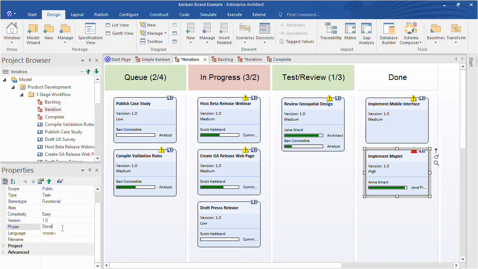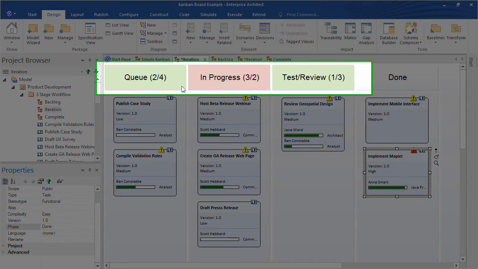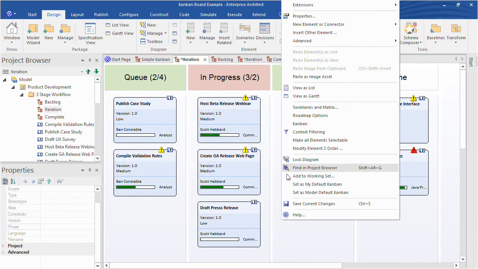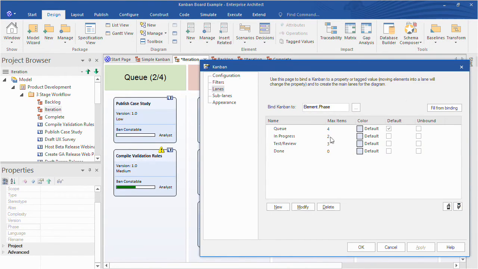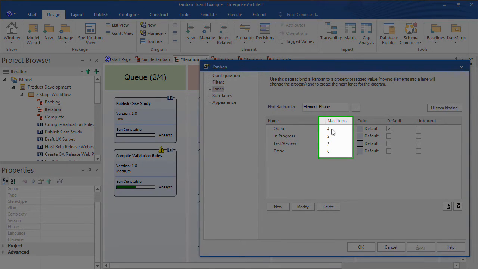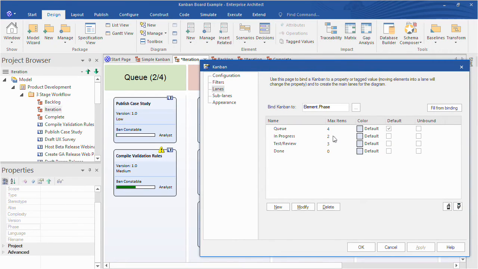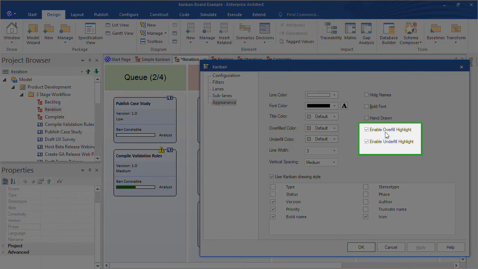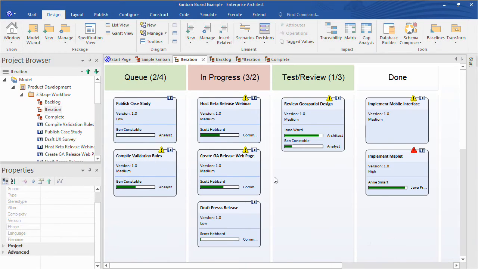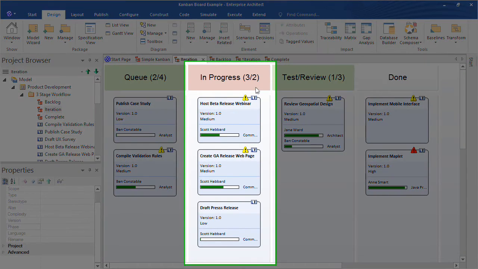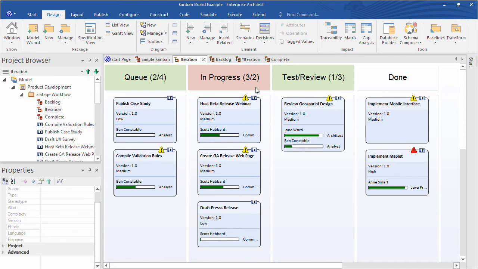Well, what we can also show, you'll notice, is the underfill and the overfill. Now these were actually appearance options within the Kanban. Let me show you those. So for the lanes, I could set what the maximum number of items were before alarm bells should be ringing, or whether we're perhaps underperforming in a particular area. And then under the appearance, I could highlight the overfill and underfill. So a very useful tool. We can see that we have more items in progress than we can really handle. So as a product owner, I may want to do something about that. For example, by moving the items out.